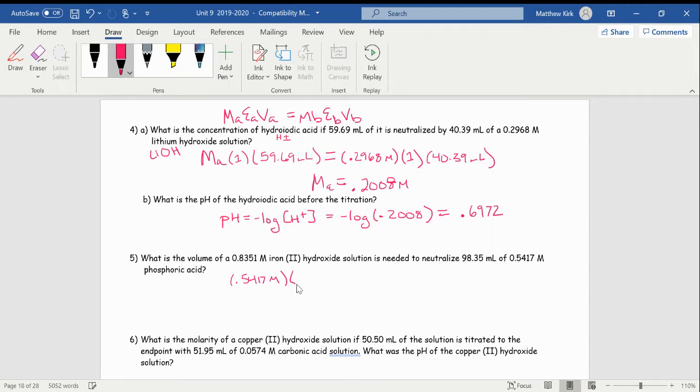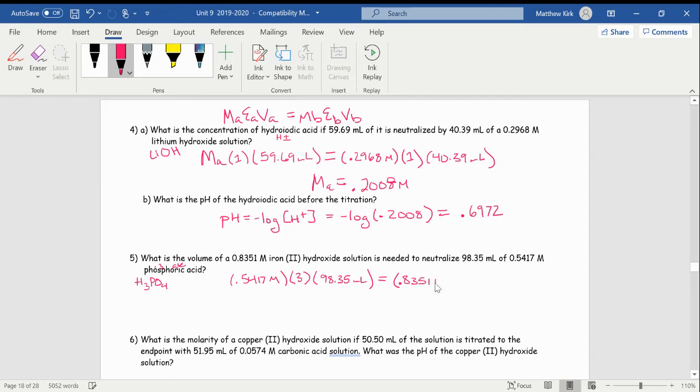Our equivalents, we need our formula. Phosphoric acid, that's a ternary acid. Remember, phosphate is 3 minus. So we swap and drop. The formula is H3PO4. So the equivalence is 3. And the volume was 98.35 milliliters. And then molarity of the base,